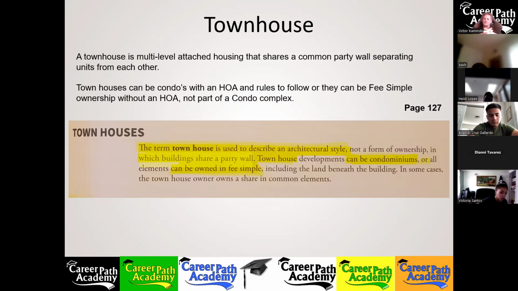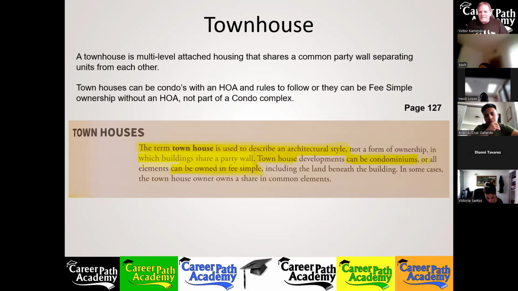Or the townhouse, the architectural style, could just be fee simple ownership, where each individual owner is responsible for maintaining the exterior of their buildings. There's no management that's doing this. You've got to cut that little strip of grass in front of your unit. If you have bushes there, you're required to trim your own bushes and such. Because of this, the maintenance may not be exactly the same for each unit.